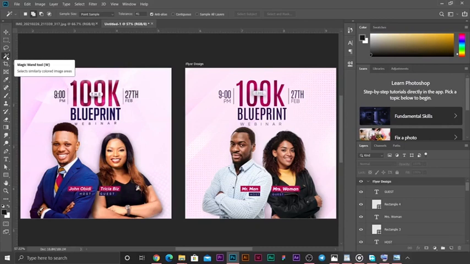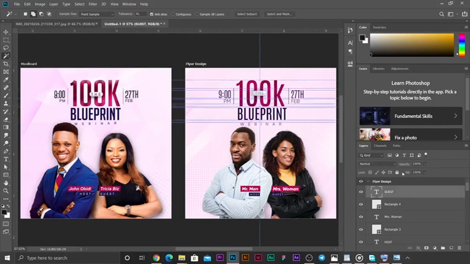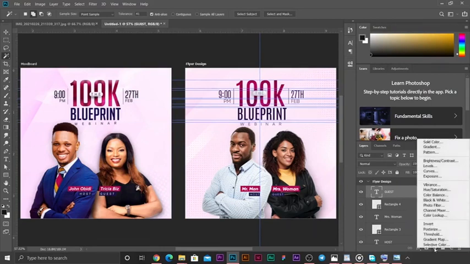Then we also showed you the uses of this padlock here, how you can lock layers, and the situations where it requires you to lock layers. We also showed you the adjustment layers, how we use the hue and saturation layers to make adjustments to colors